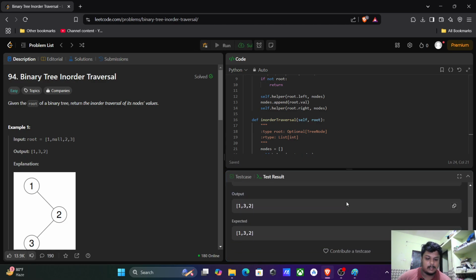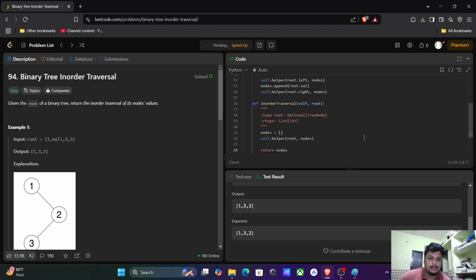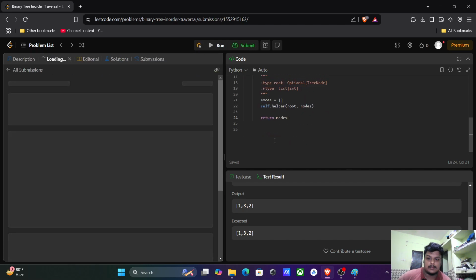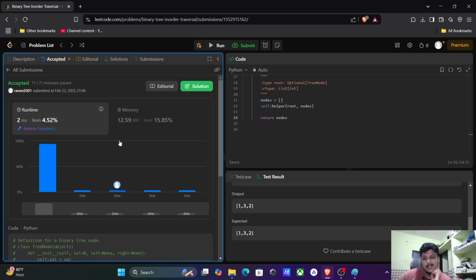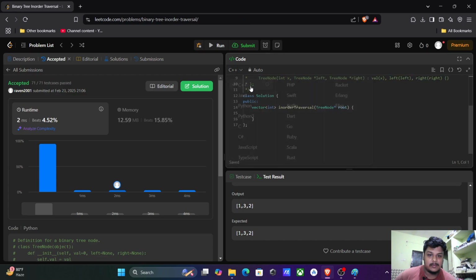Yeah, all test cases passed. It's a simple one. Yes, 2ms. Let's go with the C++ one. It's simple, like it's a void function